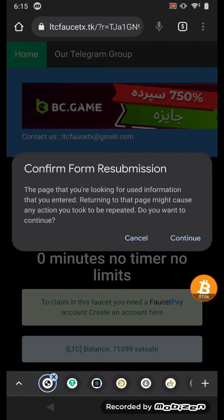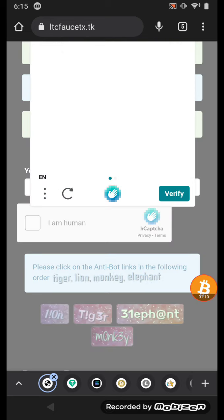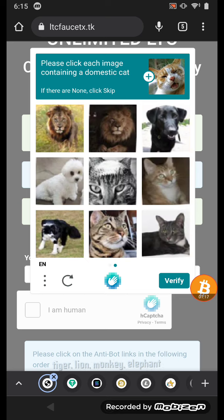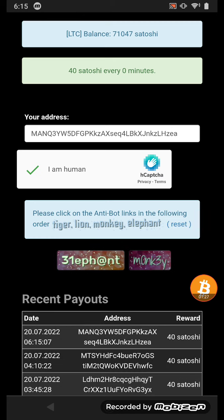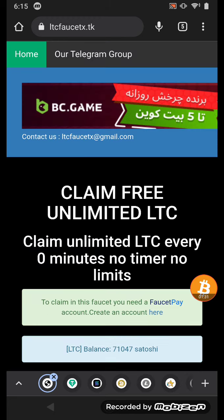You can reload the page and solve the captcha again, and this website pays you again. It's not too hard. All the time it shows you a cat, and sometimes this will change. It's a tiger, lion, monkey, elephant, and just click get reward, and you can see this